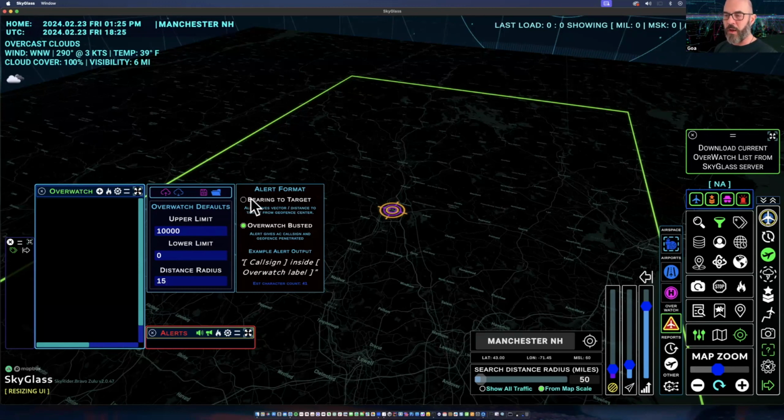We've got some other alert format defaults. You can do bearing to target, which takes the center. In this case, if you've got a central geofence around your home location, you are the center of that. It will give you a bearing, a distance, and then their current altitude and what they're doing, if they're ascending or descending, climbing or descending. All right. Or you can just change it to give me the call sign and tell me what geofence it's